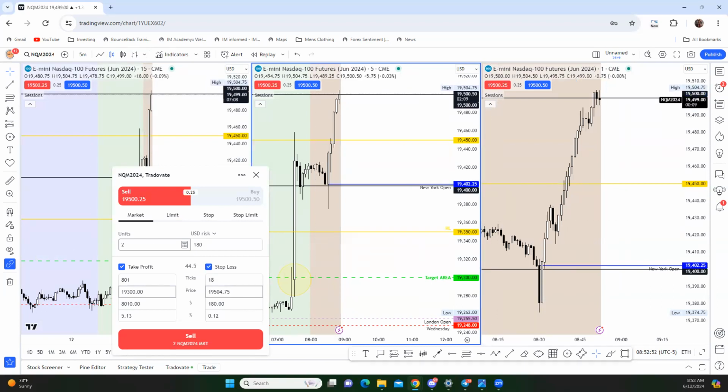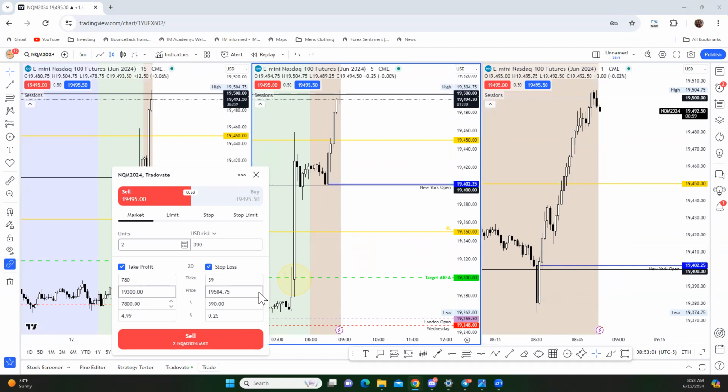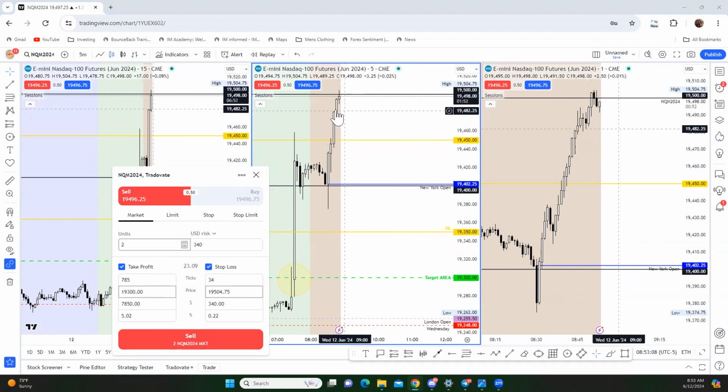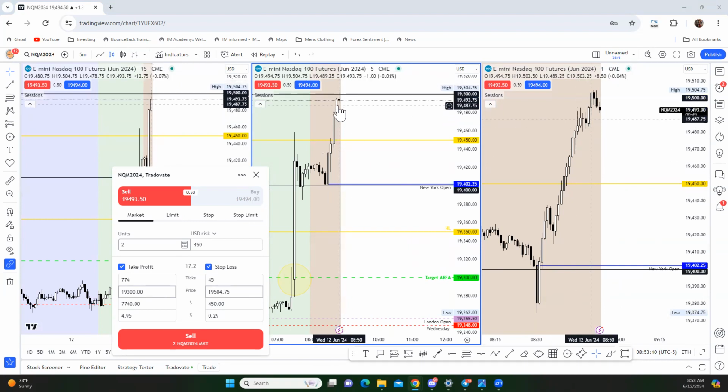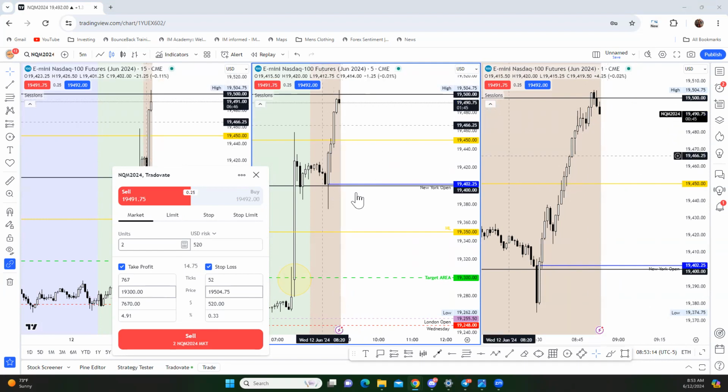ES showing strength. NVIDIA. Oh, that's the type of price action I like to see at the whole level. NVIDIA kind of showing the same type of weakness right here. So we'll see what we get here. And I'd want to see a little bit more on this 5 minute, to be honest, like 50%, right in here. So if it can break that 1 minute candle and then pop back into the area, I'd probably want to take something like that.